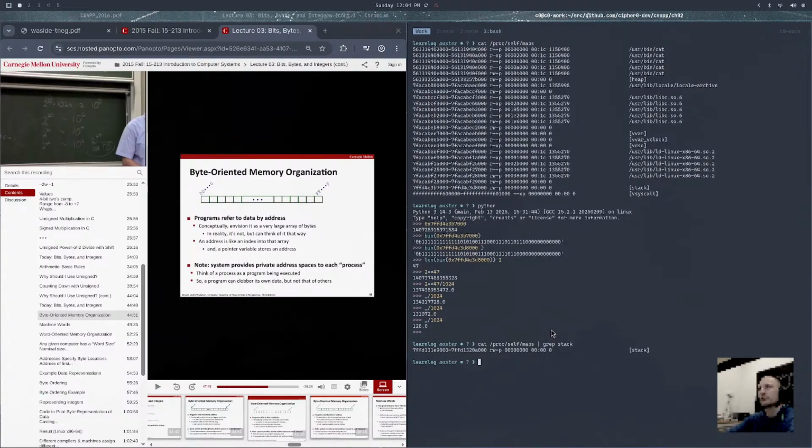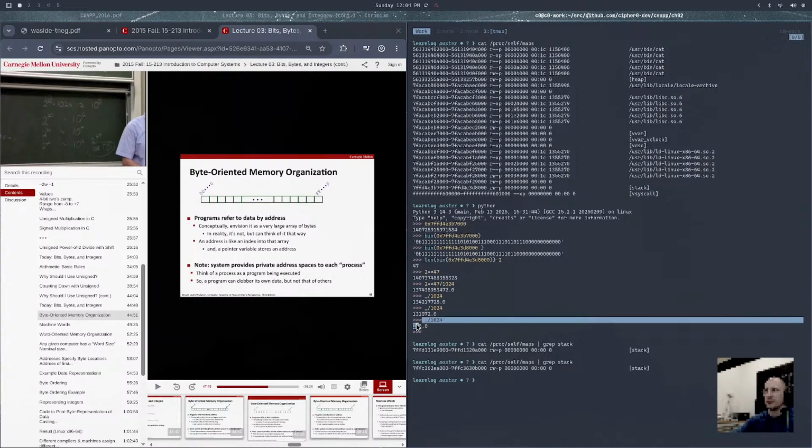Is that value conserved? 7FFD4? No, it's not conserved. That's interesting that this comes out to consistently be